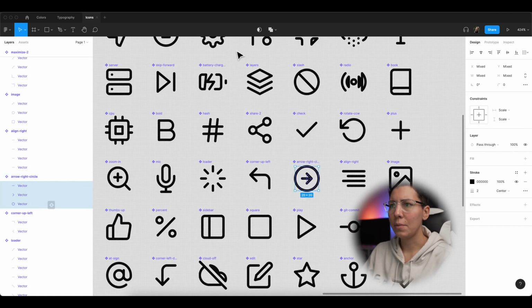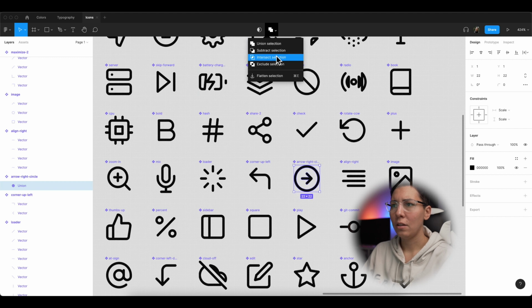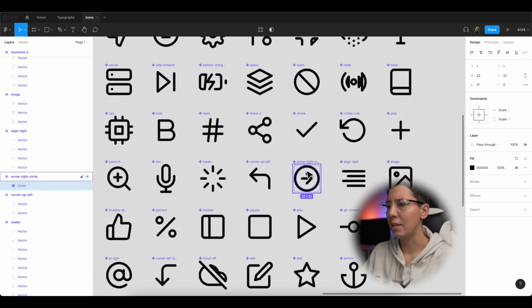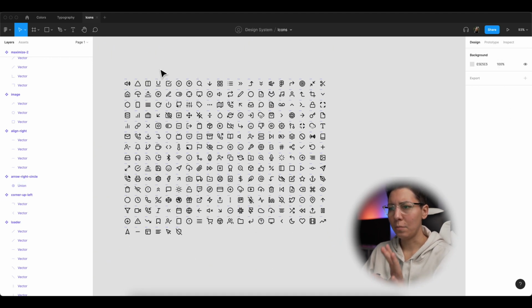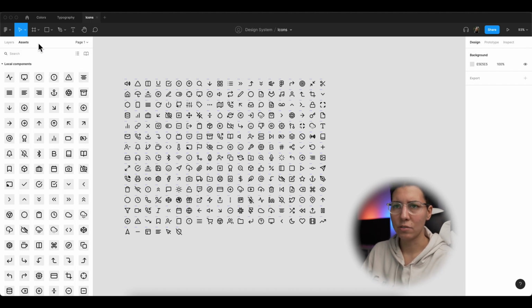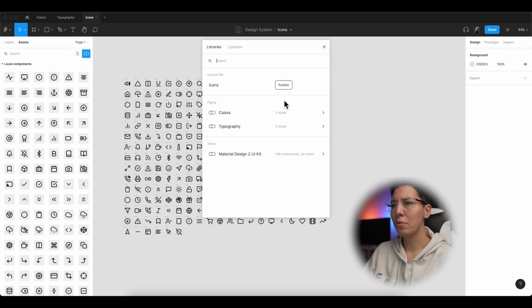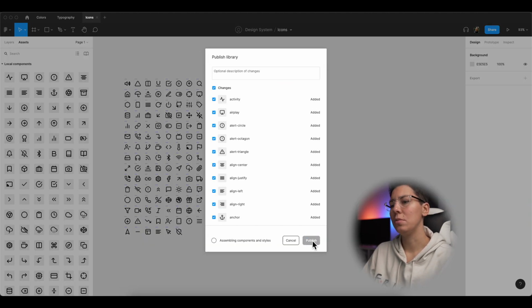And over here I'm gonna unify, I'm gonna flatten. This part is probably not necessary, but anyways, I will show you why I did that in a second. But anyways, we have icons right now. We go to theme library, we publish,